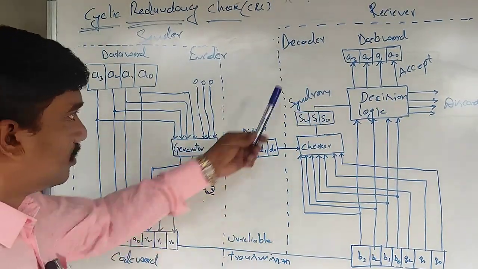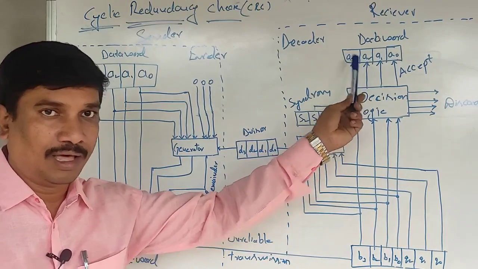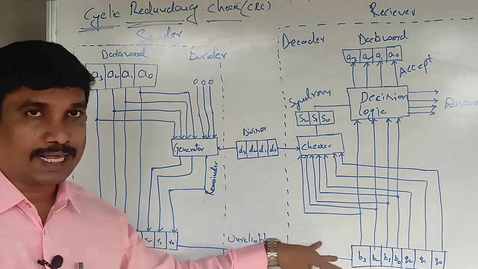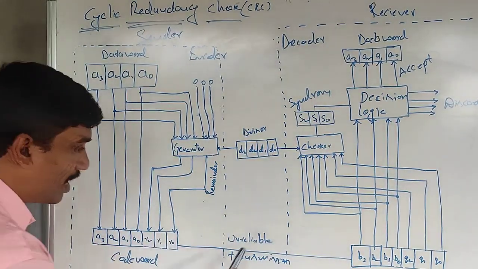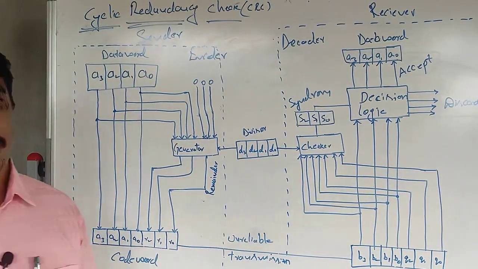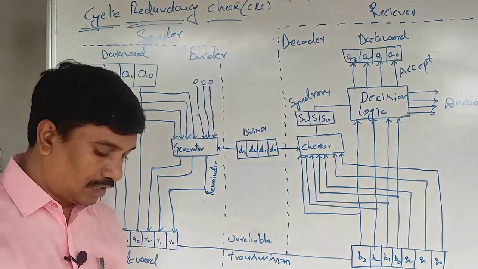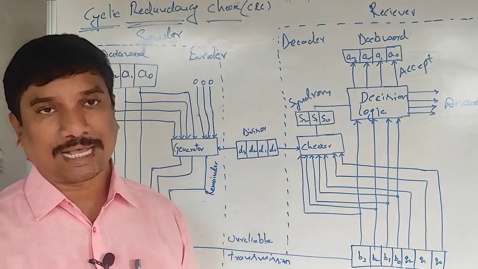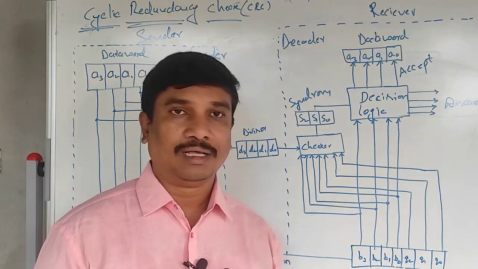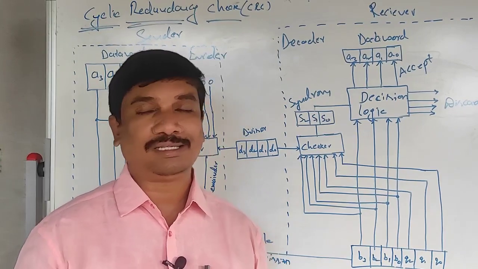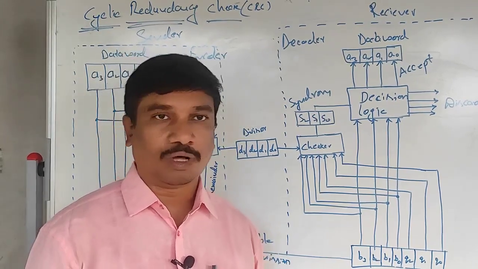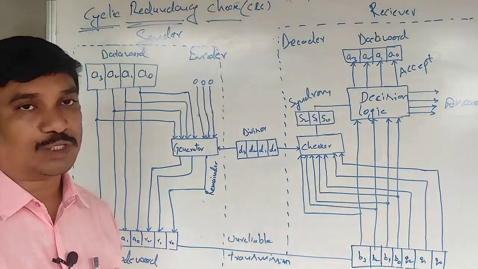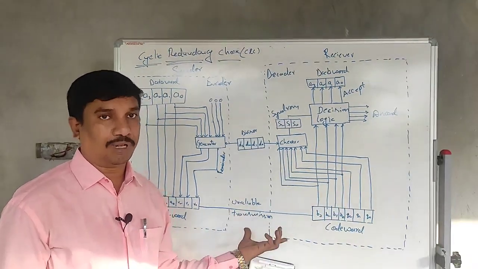That is the encoder and decoder mechanism. Coming to the decoder side, that is the receiver side. The total code word is transferred from source to destination via an unreliable medium. As I always said, errors happen during transmission time only. Any error means the bits are changed from either 0 to 1 or 1 to 0. It happens in the transmission medium only. That is why it is unreliable, not reliable.